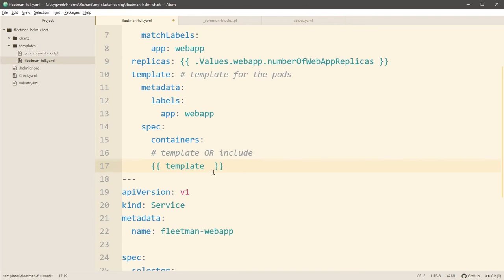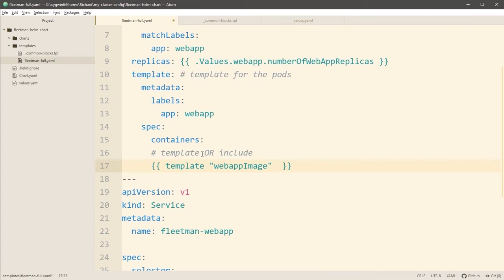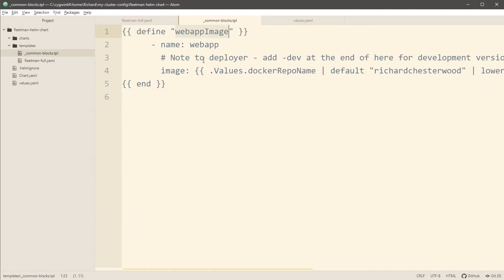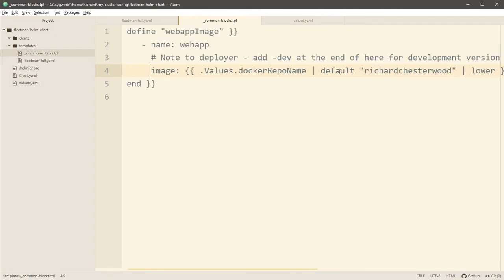There are two parameters into template. The first of them is the name of this named template, which for us was web app image. And the second parameter is slightly harder to explain. If we go into this named template, remember we are using lots of values here, such as Docker repo name and the development Boolean flag. You know that these are coming from values.yaml and they're in the form of a tree.